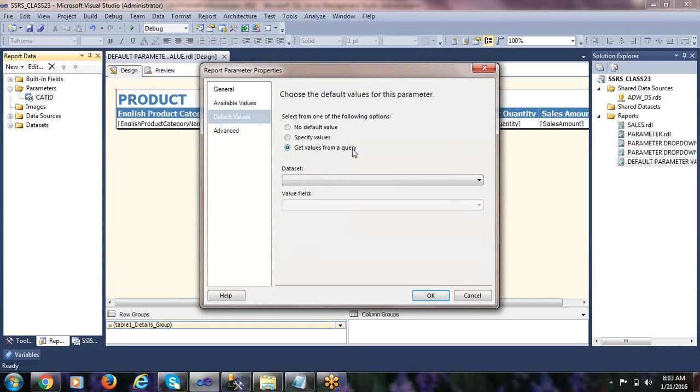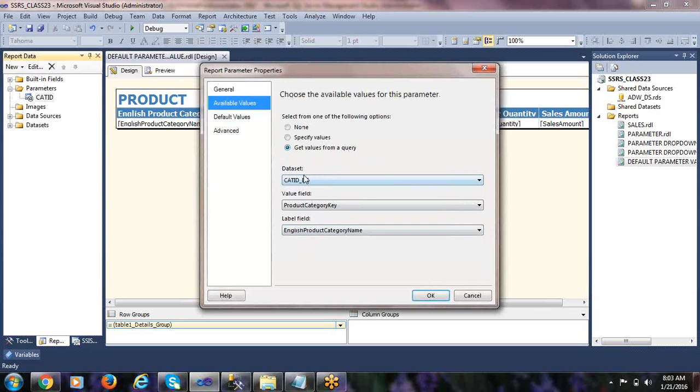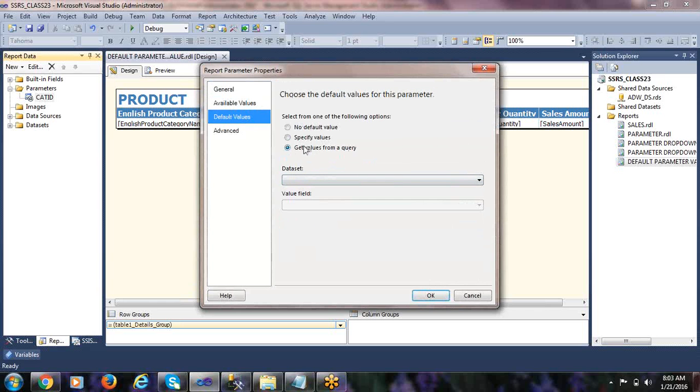So you can get value from queries. This is similar to the available values, whatever we did it here. So if you want to get that value dynamically from any data set, then you can create one data set there. Using that data set, whatever input value comes will be mapped as a value field. Then click on OK. So dynamically every time the value input will be coming from the query itself.